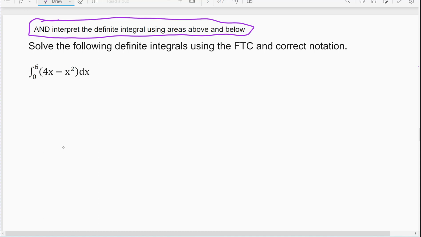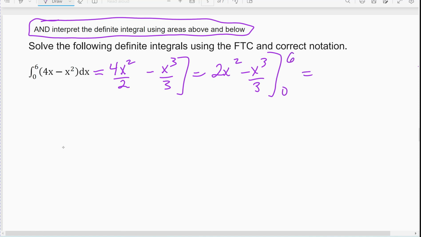So again, first thing you do is you find the general antiderivative, which in this case would be 4x squared divided by 2 minus x cubed divided by 3, which if we simplify that, that would be 2x squared minus x cubed divided by 3, from 0 to 6. So again, we're going to plug in 6 and 0 and subtract the 2. Well, 0 is easy because it zeroes out. So when we take our 6 and plug it in, it's 2 times 6